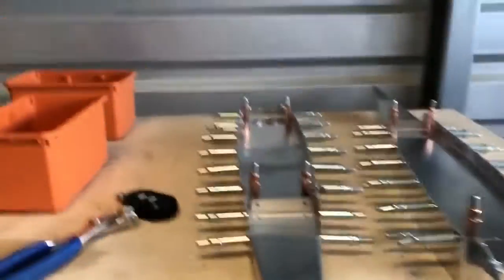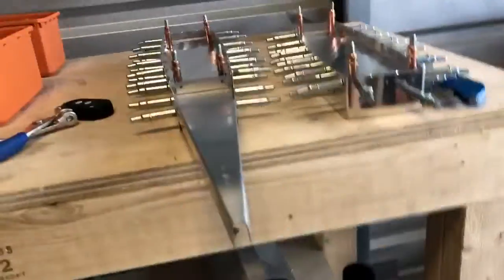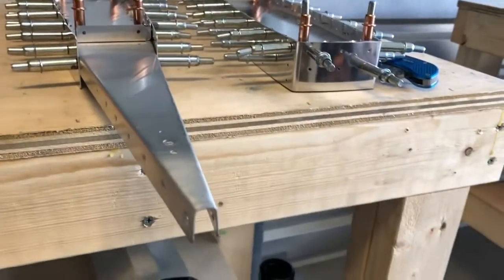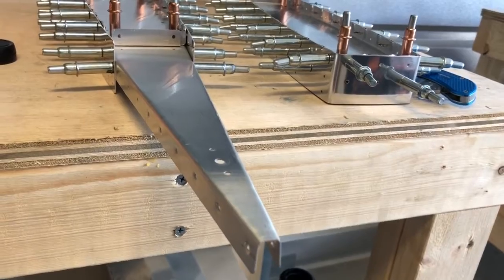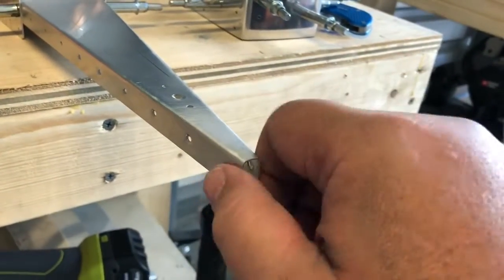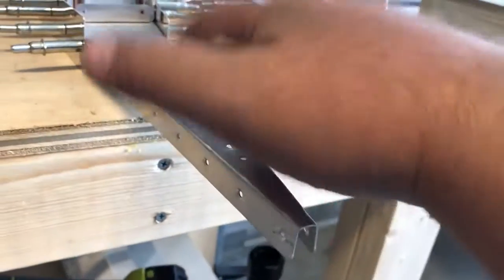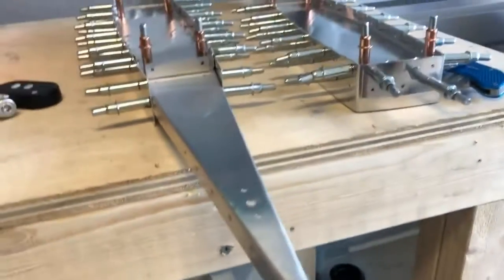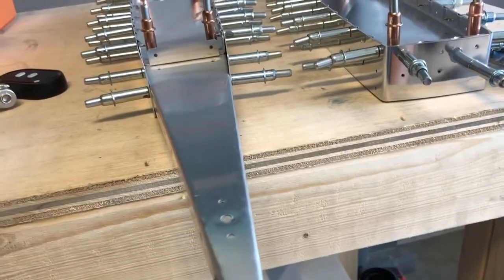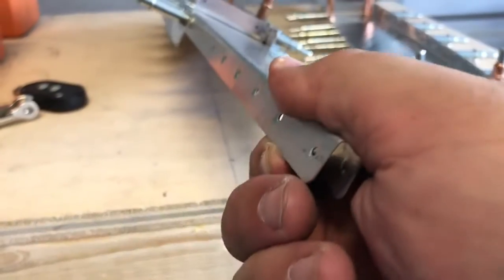This is the outer edge of the elevator, and I want to share something with you. I don't know if it was by design or if it was just, I don't know. I have no idea. But I got a part from Vans that was already Clecoed and already dimpled, and this is thicker. This aluminum is a lot thicker than what we've been working with. It's almost, I would say, twice as thick as what we have been working with. And it's been dimpled, and it's already been